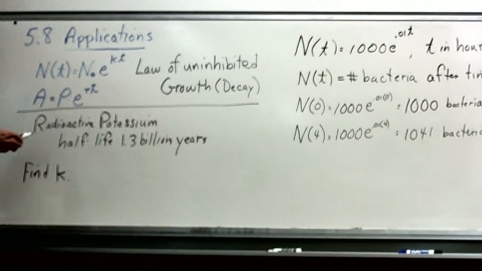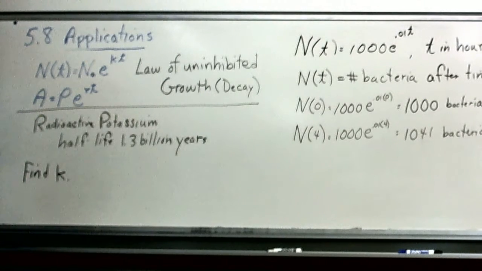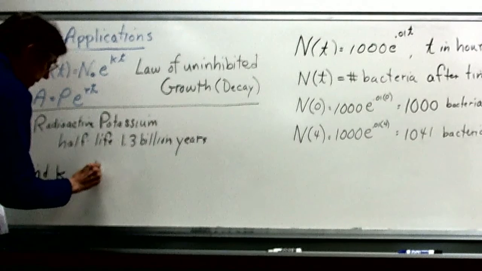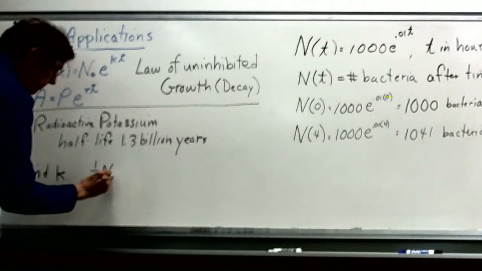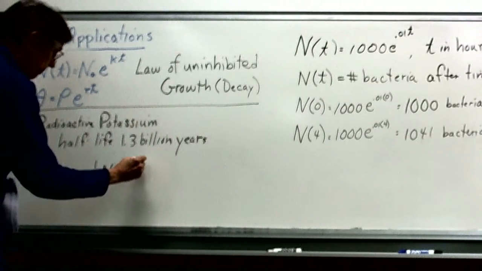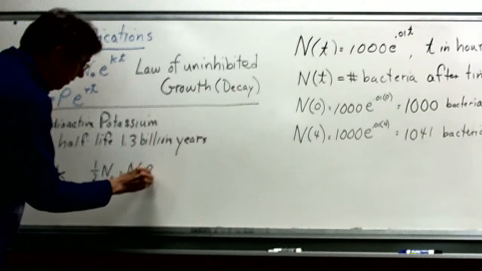And we can use the fact that we have a half-life of 1.3 billion years. So half of our initial material will be gone, or will be left, okay? So half of the initial amount will be what we have after